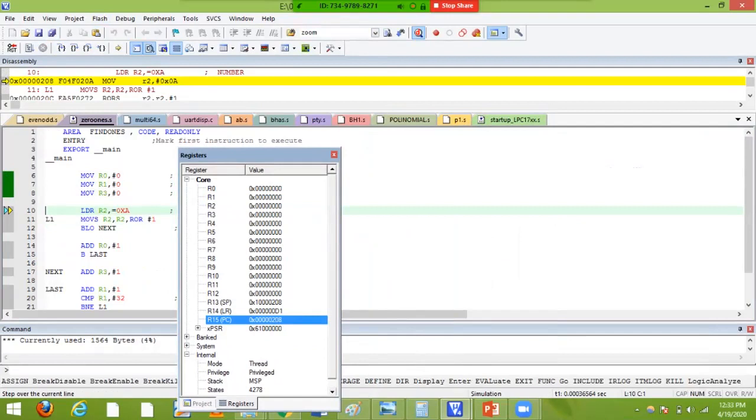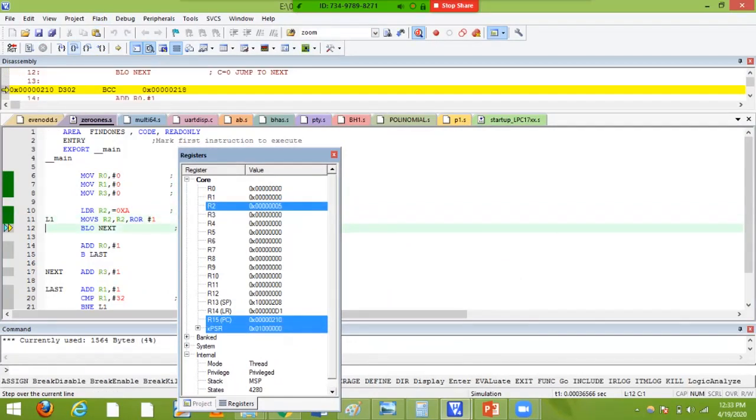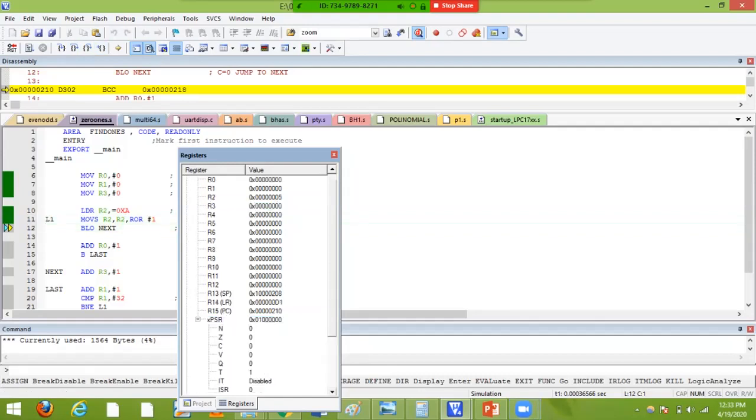Next, R2 is loaded with the value, so R2 has the A. Now you can see that I'm going to rotate one time and pass this to R2. After rotating, you can take 1010. After rotating right, the first value 0 comes out. Once 0 comes out, 1010 becomes 101. 101 means the value becomes 5. That's why the R2 value is 5. And you can see the XPSR register value, you'll get 0 values only. My carry flag is 0 only.